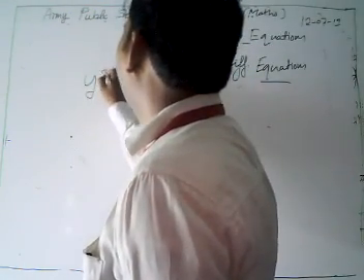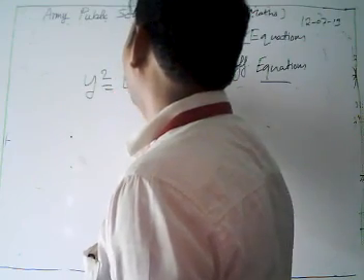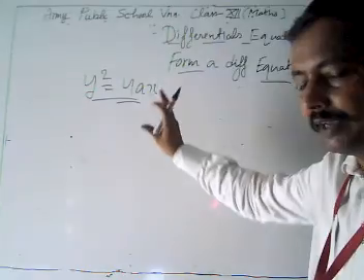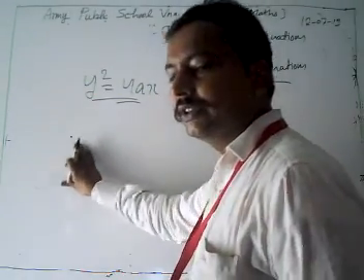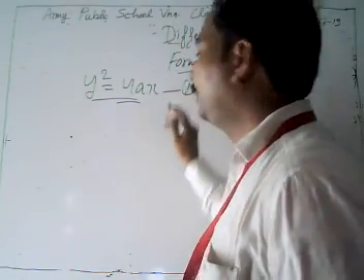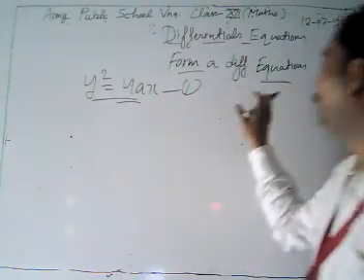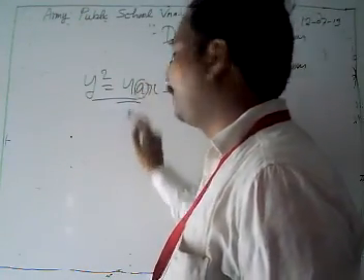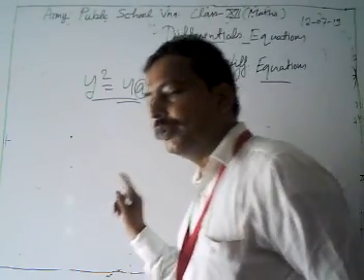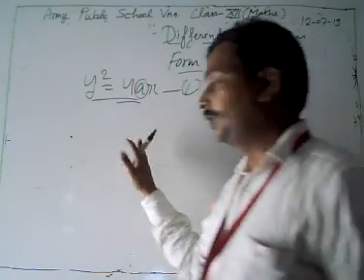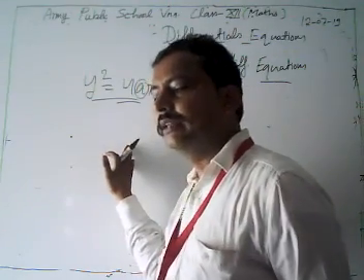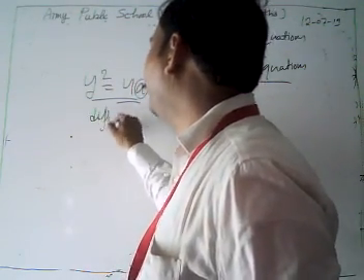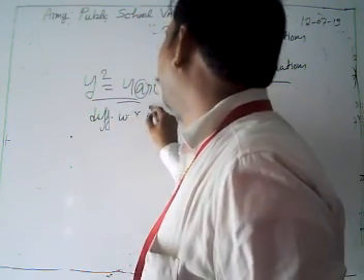For example, we have y square equal to 4ax. Now look, what is this? This is our right-handed open parabola, and we have to form the differential equation of this curve y square equal to 4ax. There is only one arbitrary constant a. Then to remove this parameter a, we have to differentiate this curve one time, with respect to x.